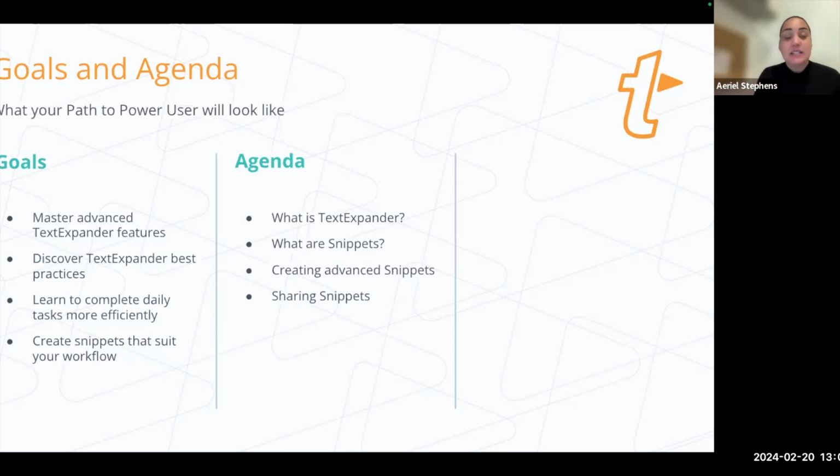If you don't want to wait until the next live one, on the link she dropped, it should say textexpander.com/webinar. On that page we have recordings of that training already if you just want to watch the video, and feel free to email us afterwards with any questions.